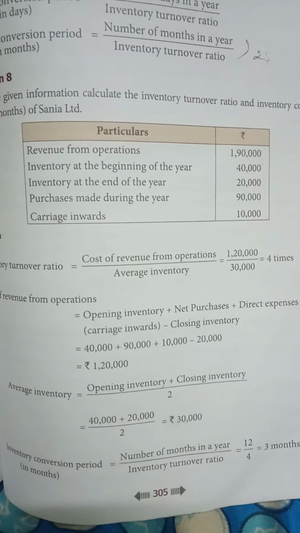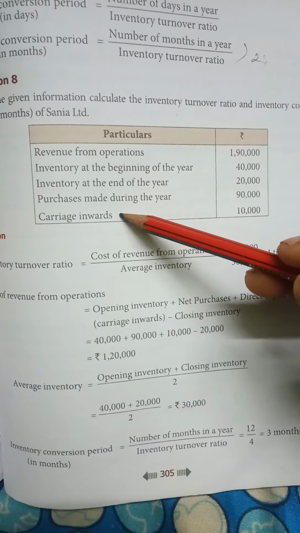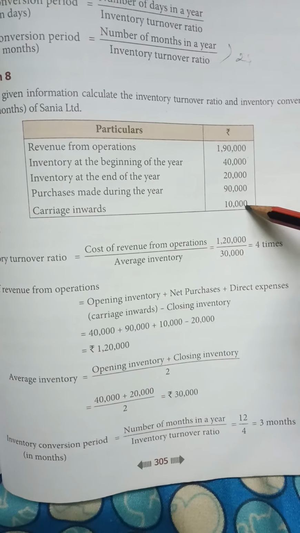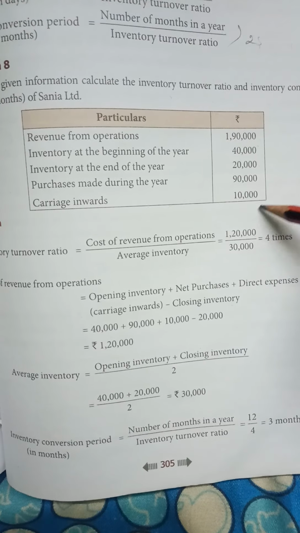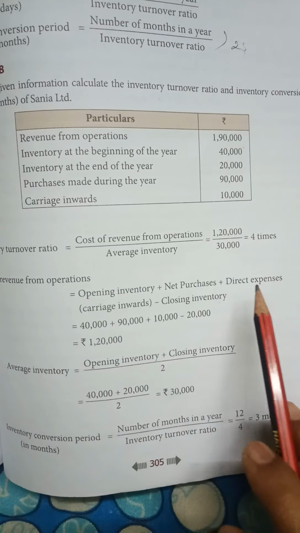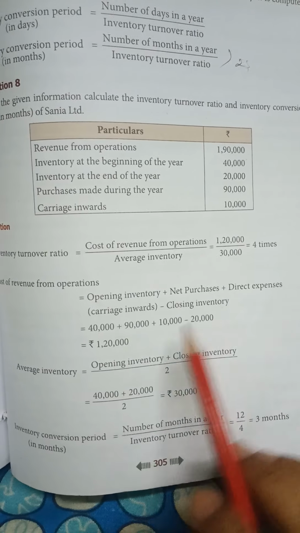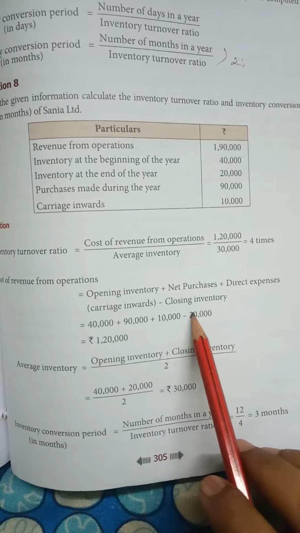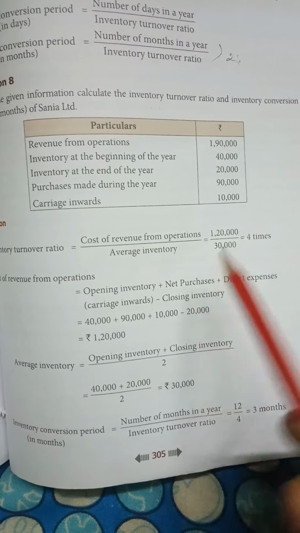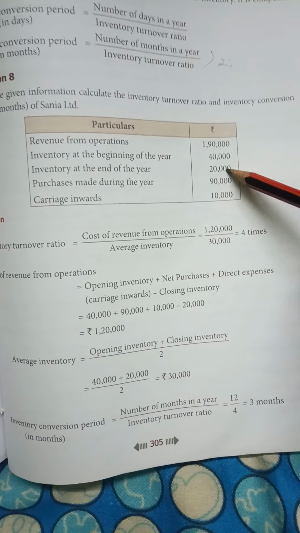Now you have only the carriage inwards here, which is given as 10,000. So add that 10,000, because that is your direct expense. Then minus closing inventory, which means closing stock,